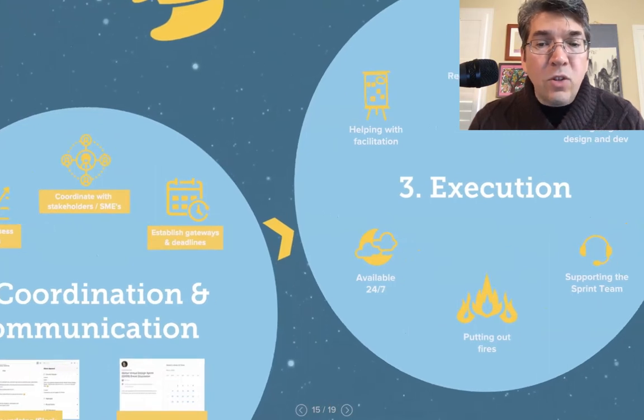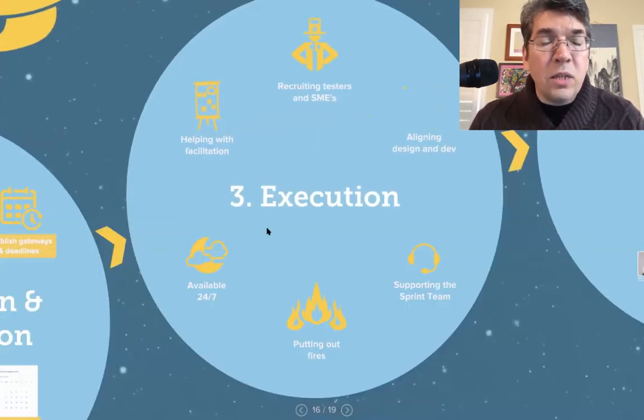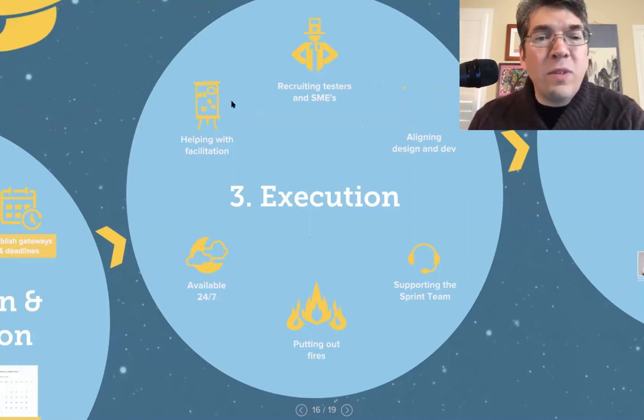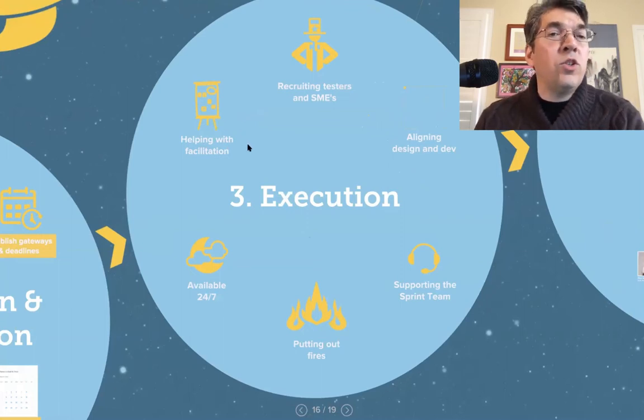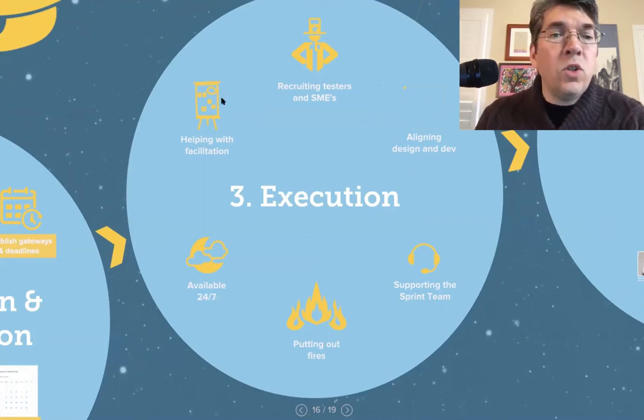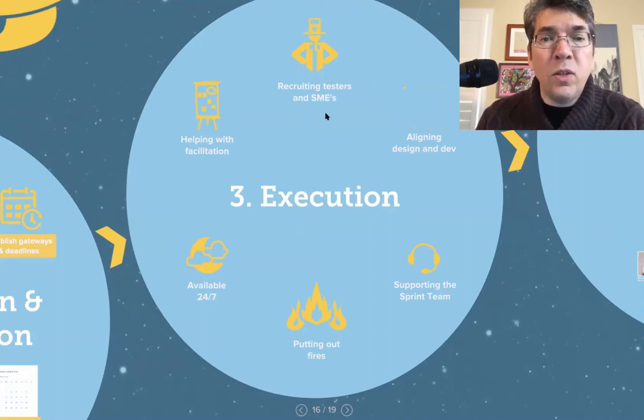On the execution side of things, the way to read this particular planet, so to speak, this blue planet, is you want to start at the upper left-hand side and work your way clockwise in terms of severity of involvement. Most of the time, for the virtual sprints, you'll just have to help out with facilitation, or you may help with a particular process or activity where people are stuck or not quite sure what to do. You can pop into a call, you can join a Slack channel, whatever. You can usually help things out, and then the facilitator that's in charge can move things forward.